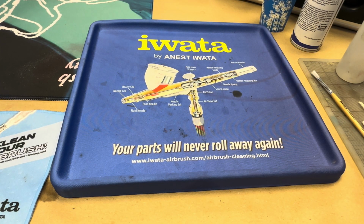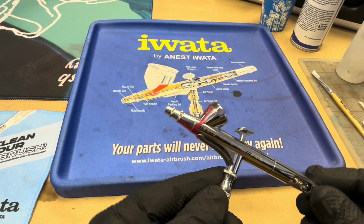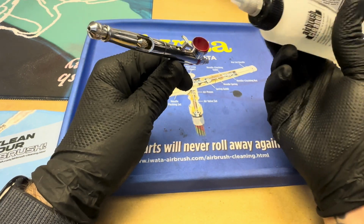It's now time to clean the HP B Plus. As you can see, I've been using a fair amount of red on there, but it's time to give this a bit of a clean. So first things first, what we want to do is chuck a little bit of the cleaner into the cup